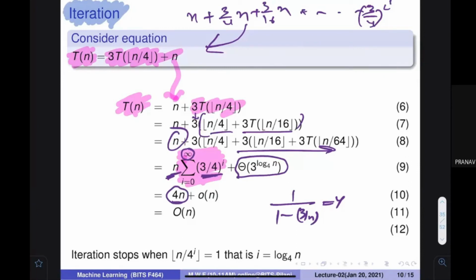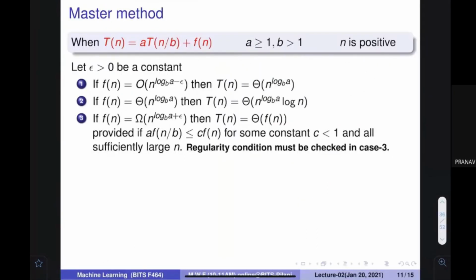Because the last term would be 3 to the power this term. Every time the order of the last term would be generated into this particular size. And you can shift this over here, it becomes n to the power log of 3 at the base 4, and this value is actually less than 1, so you can say that it is small o of n, and this becomes a big O of n. Make sense? Easy? Okay.